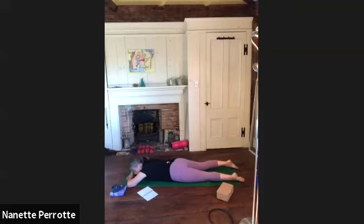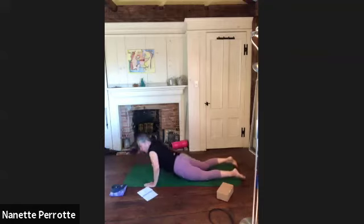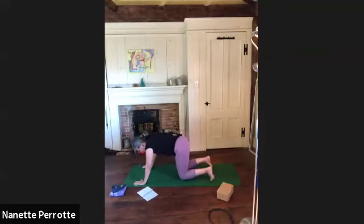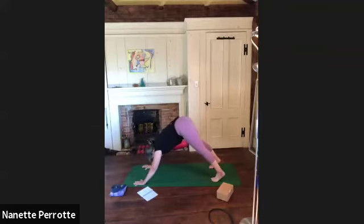Couple more into your back. Good. And then bring yourself back up onto all fours. Curl your toes under and swing on back to your first downward dog. Make sure you have your thumb, your pointer finger, your middle finger planted, and then swing on back to your first downward dog. Make sure that your shoulders are away from your ears and your gaze is straight in front